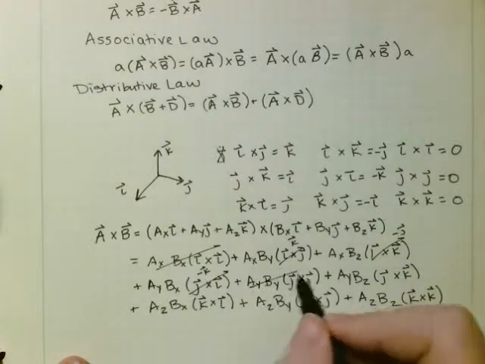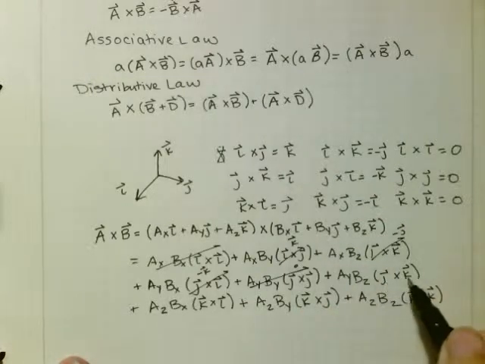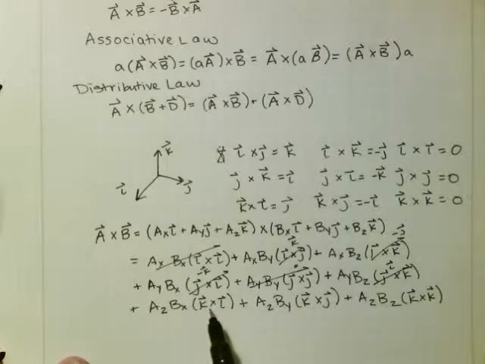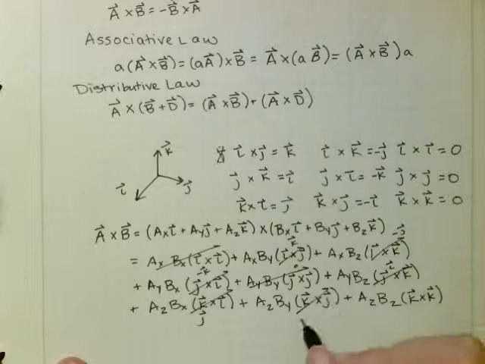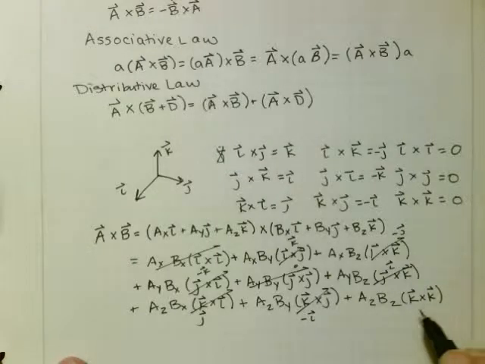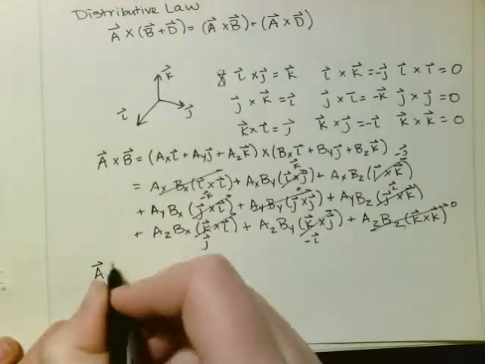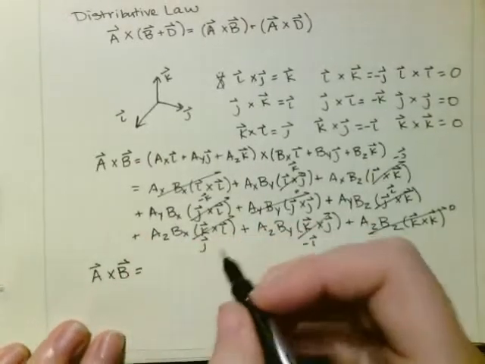J cross J is 0. J cross K is I. K cross I is J. K cross J is negative I. K cross K is 0. So if we were to combine like terms, we would get that A cross B is equal to, so let's